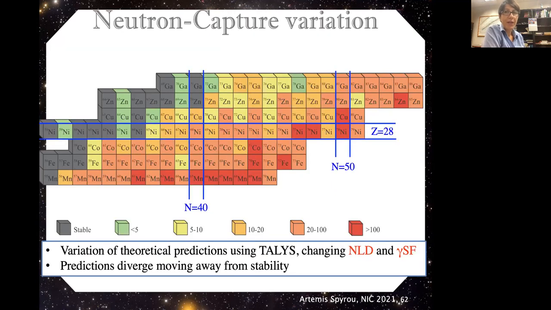To get an idea of where you can apply the various techniques, this is a chart of nuclei, and the color code shows you how much the various theoretical predictions vary for these different nuclei for neutron capture reactions. If we're close to stability, then all the predictions are within a factor of 5 or so. That's the green color. But very quickly, as soon as you go 2-3 steps from stability, we're talking about variations that could be up to a factor of 100 or even more in some cases. And so this is why we need to have experimental data, experimental constraints,